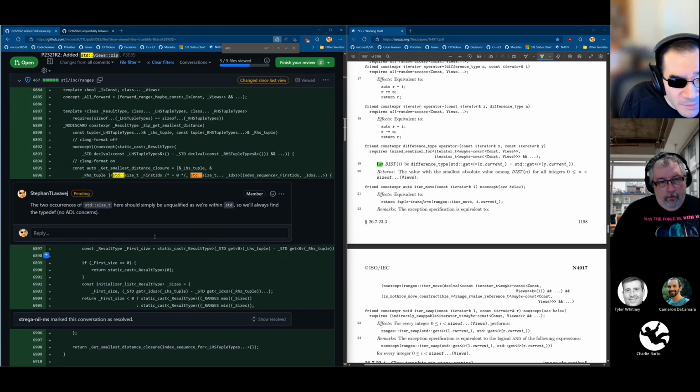Okay. Wow, clang-format, like it's really not having a good day here. Hopefully 15 handles this better. Okay, so we're going to have a const auto get smallest distance closure. That's a lambda that captures the tuples by ref. And it is